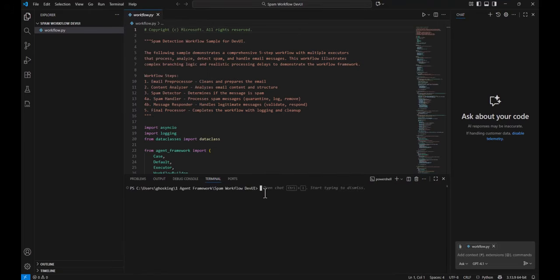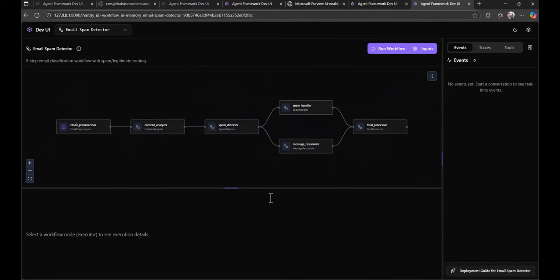So we can visualize those more structured workflows in order to do things like a spam investigation or an email spam investigation. So let's run this one up for a second. This one's called workflow. And what this allows us to do is use that dev UI that I showed you earlier on in order to visualize the process. So we can get this agent to understand when it triggers for that certain type of investigation, it will call those workflows, here's what I've got on the screen, to detect and analyze certain spam or